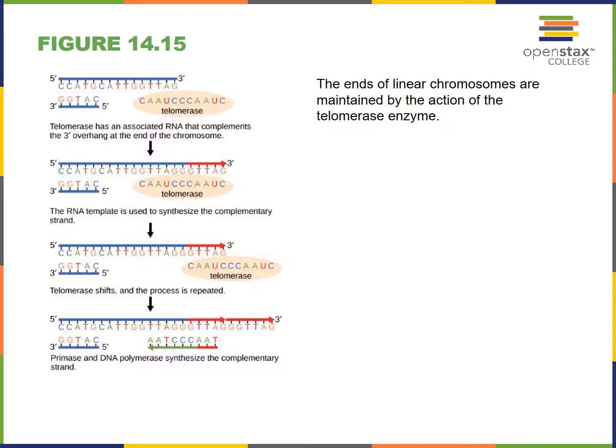The leading strand can go all the way to the end of the chromosome, but the lagging strand cannot, due to the way that it's synthesized. So this leaves a big gap here